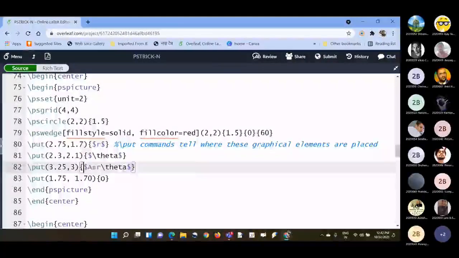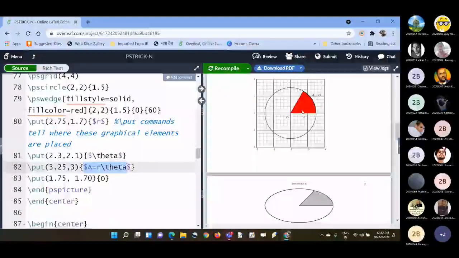Okay, and then if we are writing here area of that region equals to r theta, you can also make some arrow from here to here. So you can choose some point from here, like maybe you can take 2.5 and then 2.5, and then arrow at this point.